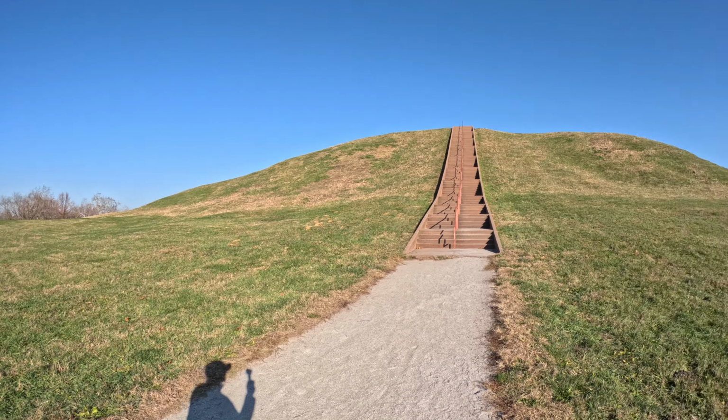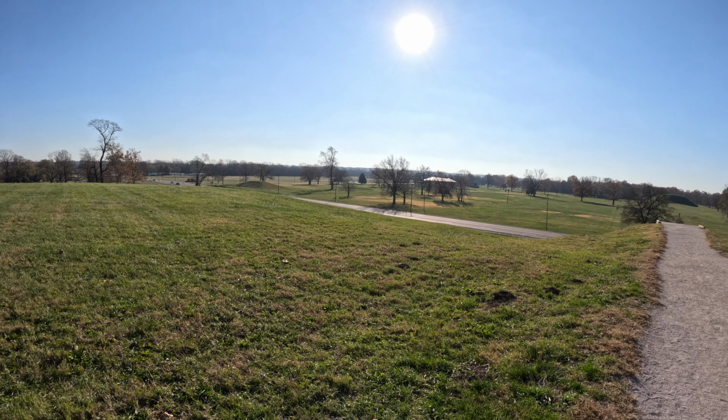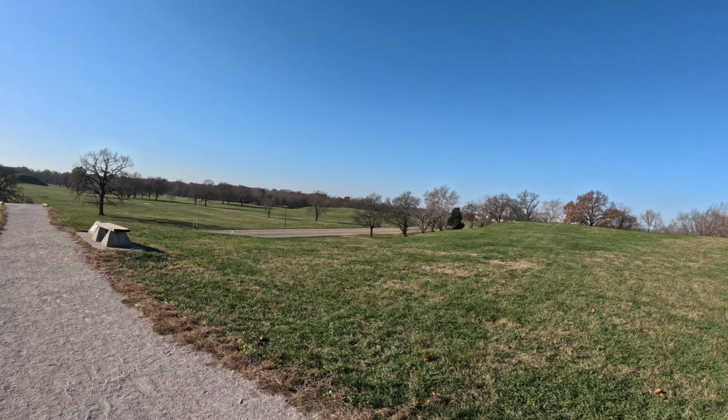And they believe that the organizational structure may have mirrored that of ancient Egypt. So you may have had a chief or pharaoh that looked over the maybe 8 bishops, and below the bishops would have been the 32 priests. But pretty incredible. They also think an added benefit of having these mounds would have been a vantage point to